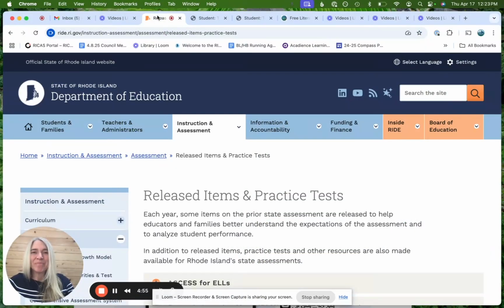Hello and welcome. Today we're going to take a look at the Next Generation Science Assessment, which is the test of proficiency that the state of Rhode Island uses to measure science performance. We're here on the Rhode Island Department of Education website, and as we think about how we help students rise to even higher levels of proficiency on this test, it's important to first take a look at the test